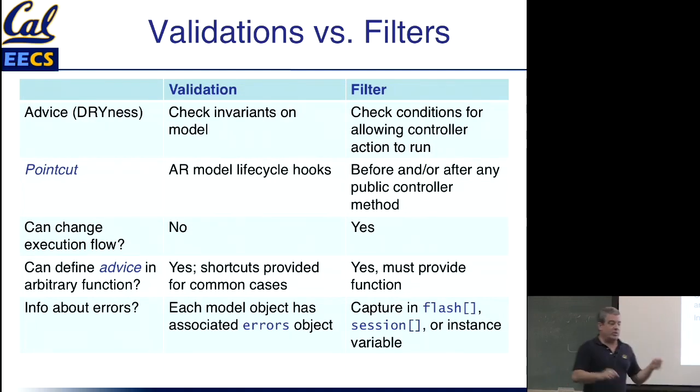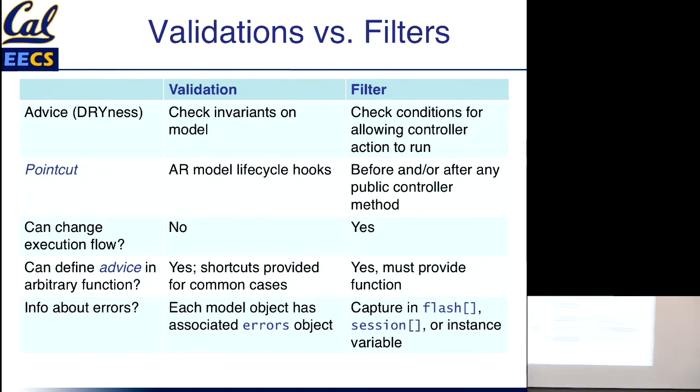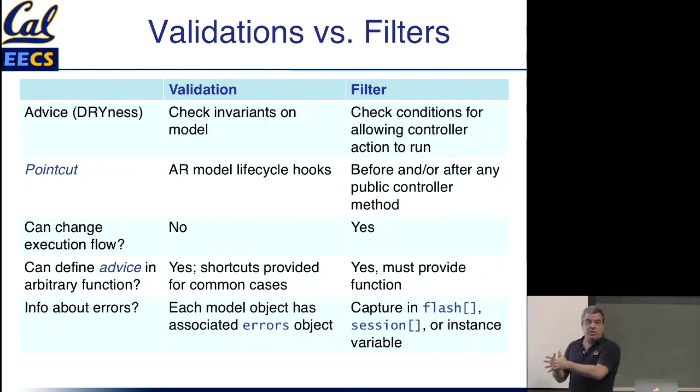But with a controller filter, the time and conditions under which it runs are very, very narrowly defined. So a reasonable thing to do is say, well, if the controller action is not going to be allowed to proceed, what other option do we have? Well, it's HTTP. We have to do something. We have to either redirect or we have to render. So we can just put the redirect or render call right in the filter, right? But it's because it's running at a very, very highly constrained moment in time that there's an automatic way to do it. Good question.